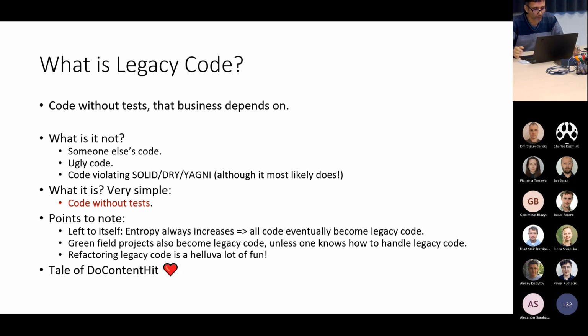things tend to go towards entropy, go towards legacy. If you're not writing tests and suddenly you're afraid to touch your code, those are specific attributes. You will be very afraid to touch something that is legacy, because you don't know how it impacts you, how it breaks you. So unless you have mastery over how to handle legacy code, greenfield projects will become legacy. You write a project, you write code, it's new for a while, then all of a sudden you start getting afraid. Okay, should I touch this? Should I not touch this?